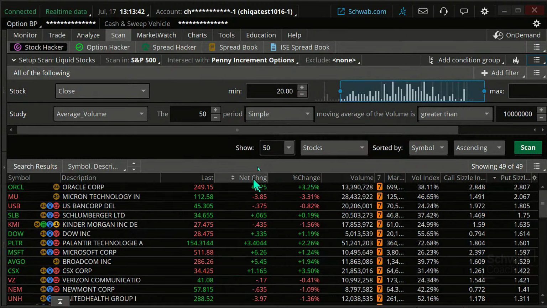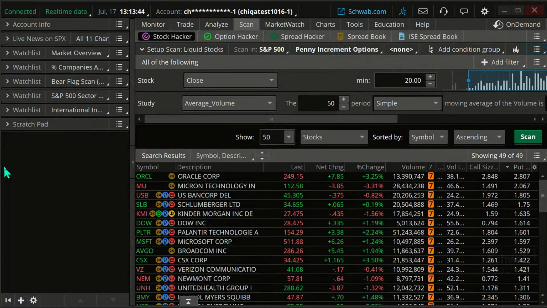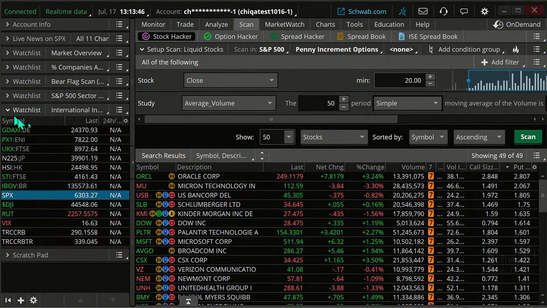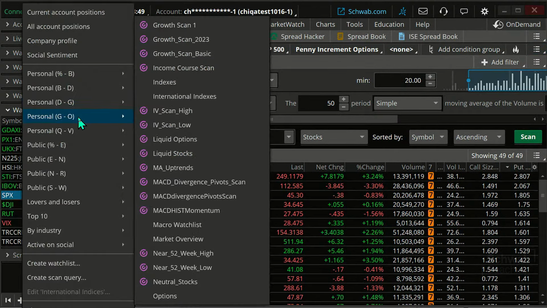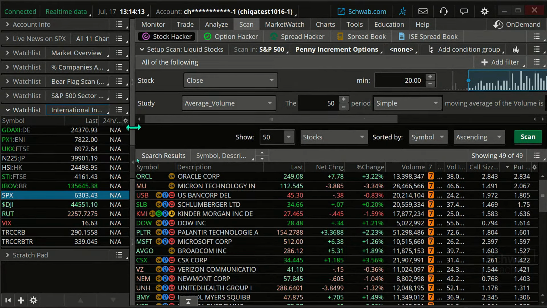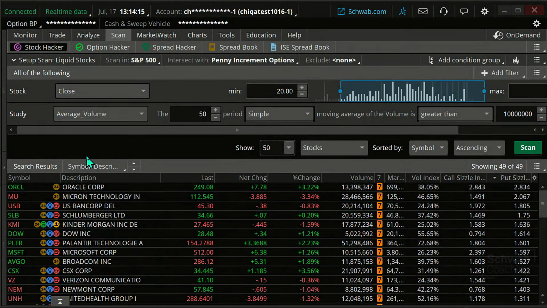Okay, now, look, if I just want to pull this watch list up in the future, come over here, I'm on watch list, I can go to my personal watch list, and look, there it is, liquid stocks. That's what this little purple thing does. That means it started as a scan right there, liquid stocks. This will update each day, so presumably there may not be any difference from one day to the next with these results. But here's the thing. So that's kind of cool. With your scans, you can do that.